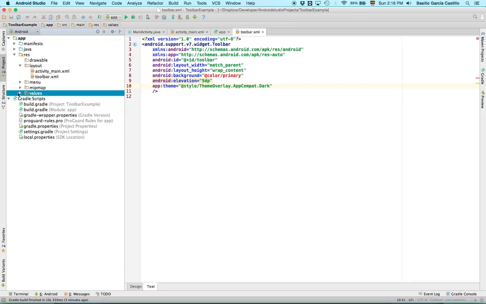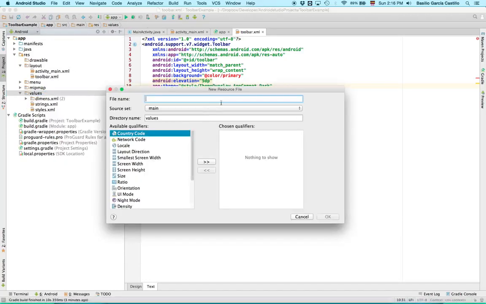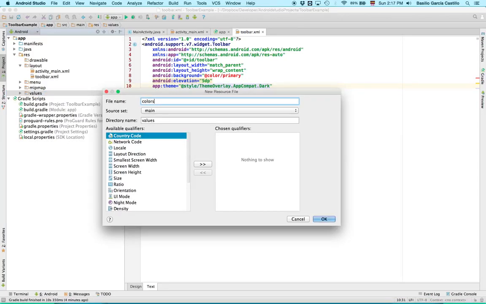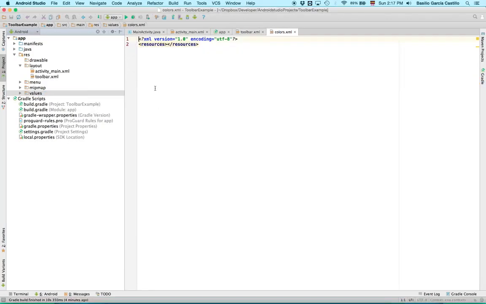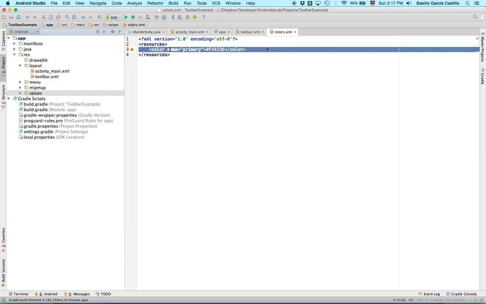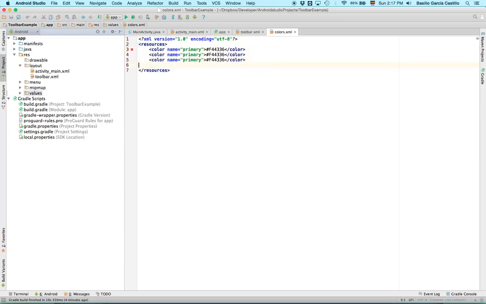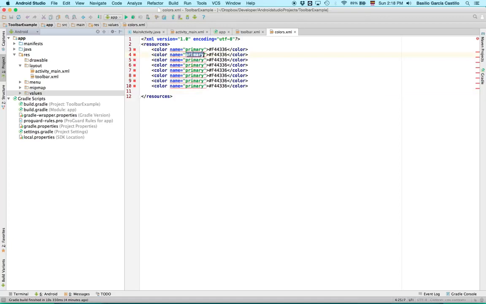You're going to go to values, and you're gonna create a new values resource file. We're gonna name it colors. So within the resource tags, we're going to specify a couple of them. These are going to be color, name is going to be equal to primary, and the value is going to be a hex F44336. This is red, and you can see it here. Awesome job by Android Studio, I really like that feature. Let's put a couple of them. We're going to name them